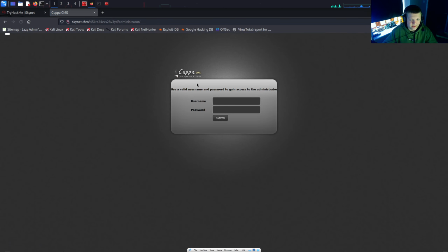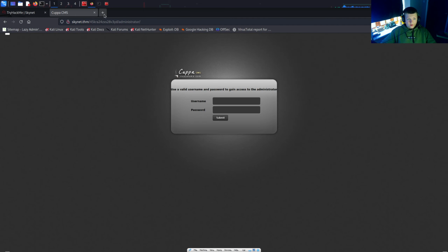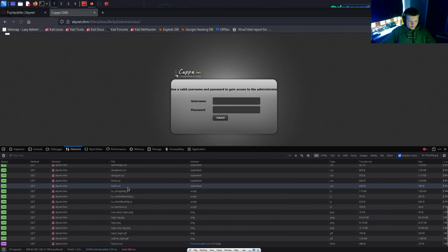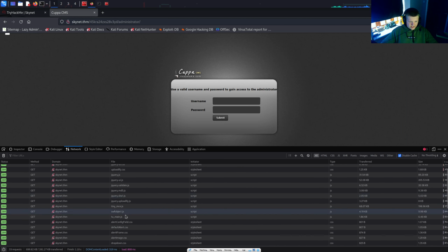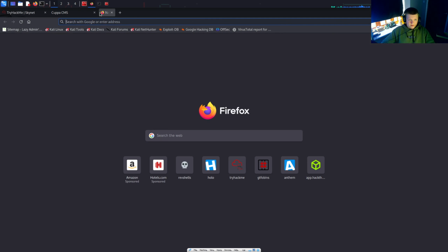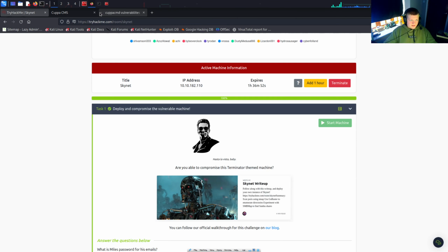Administrator like this, and we get this Cuppa CMS login page. I'm not going to go through attempting the credentials that we've already gained or using Hydra to brute force any further credentials, as I tried that and it didn't work. What you can do is fuzz this further and you'll perhaps find some files. You can also look when this is loaded. This opens a lot of files, so you could look around here. You may find some interesting ones. If you just search up Cuppa CMS vulnerabilities,